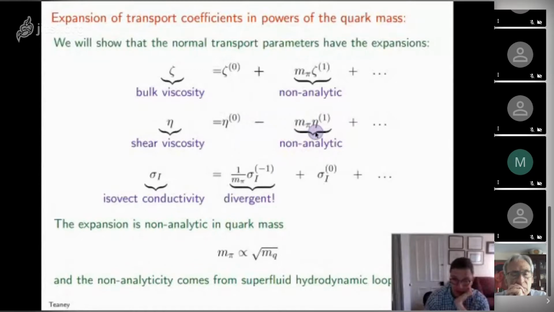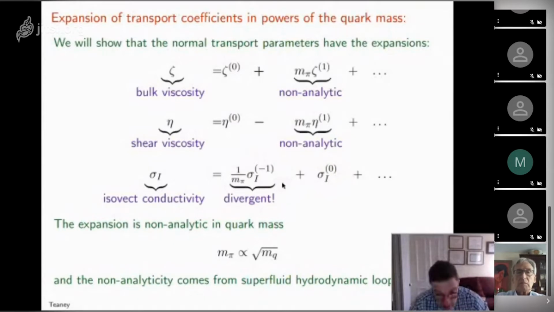Okay, and finally, if I look at the conductivity, there will be a piece which goes like the leading contribution actually comes from these superfluid modes and goes like 1/n pi, and it's actually divergent. Okay. And finally, there will be a finite piece which is independent of n pi. So certainly these chiral superfluid modes will be very, very important for discussing the conductivity of the plasma